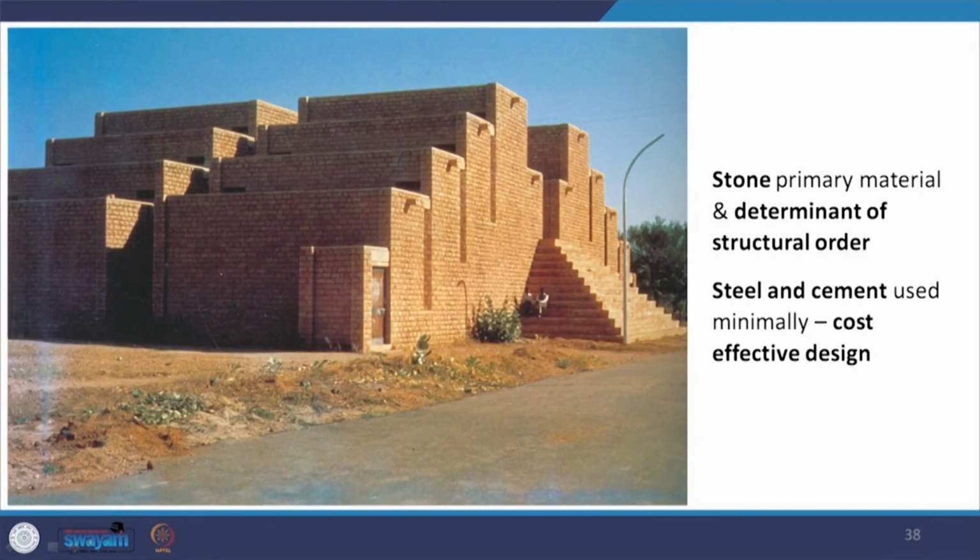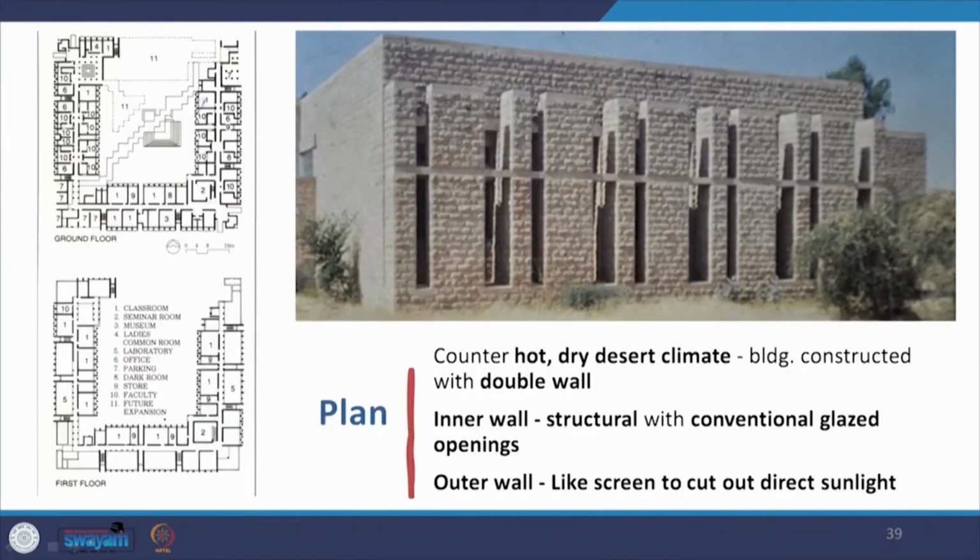Stone is the primary material used in Jodhpur University, and it is also the determinant of the structural order. As I spoke to you about the beam, steel and cement have been used minimally, and therefore it is a cost effective design. Now to counter the hot and dry desert climate, the building has been constructed with a double wall. So what you see here is that this on the inside is the actual wall with the fenestration of the windows, and outside there is another wall that is in front of the windows. So the inner wall is the structural wall with the conventional glazed openings, and the outer wall is like a